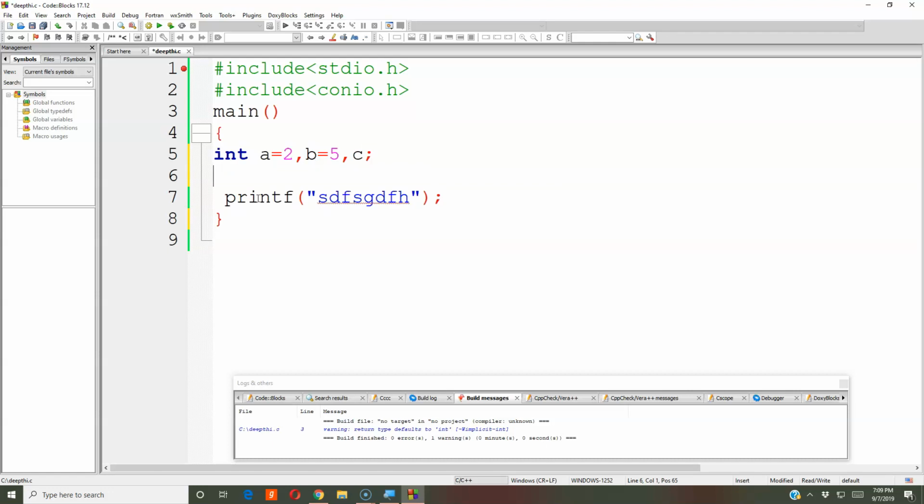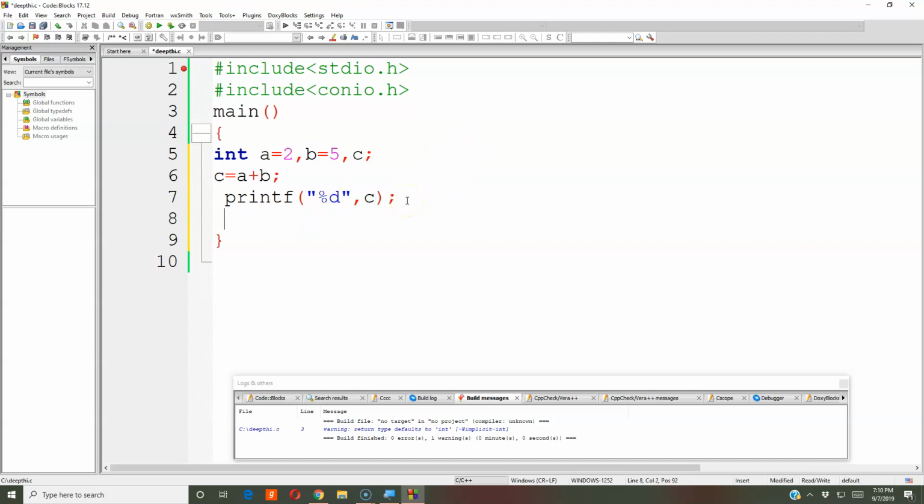Okay, now C is equal to A plus B. What do you want to print? Only value of C, right? So for integers, percentage d you have to give so that only value of C will get printed. Now you are telling only integer value should get printed. Percentage d means it will display integer value. So which one you want to display? C. So you are just typing comma C here. So C value as an integer will get printed on the output screen.